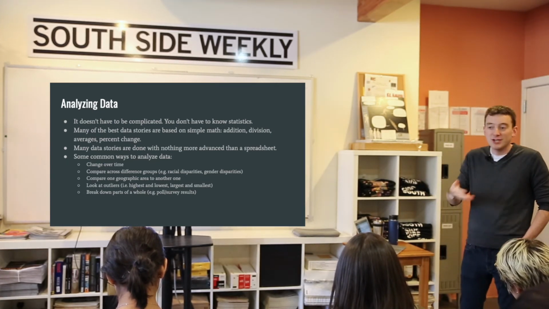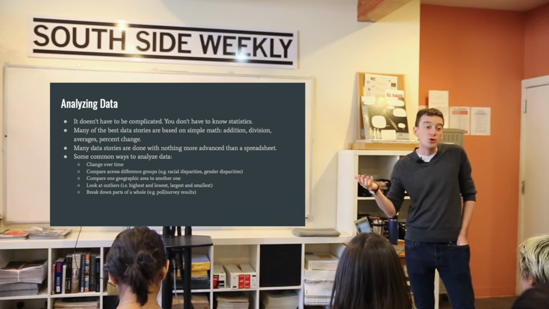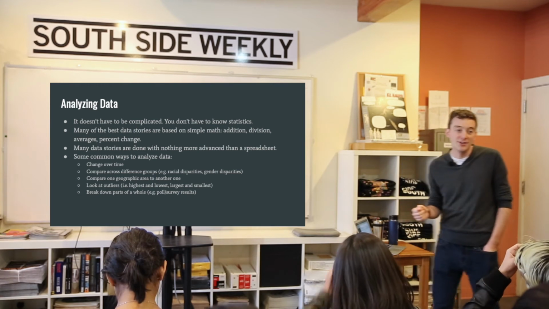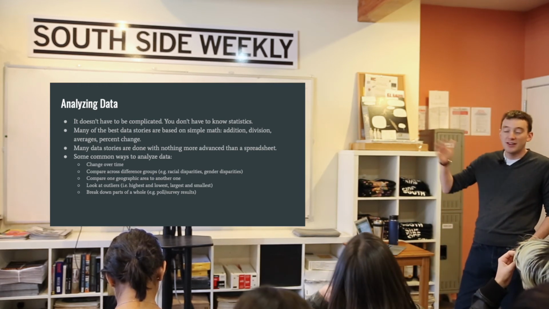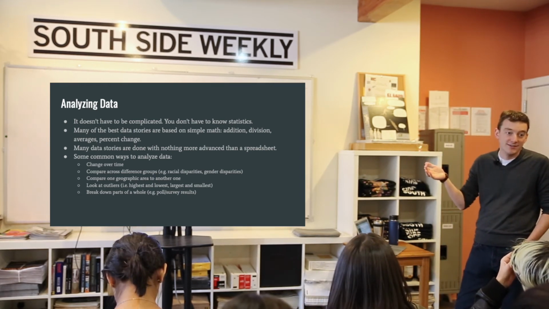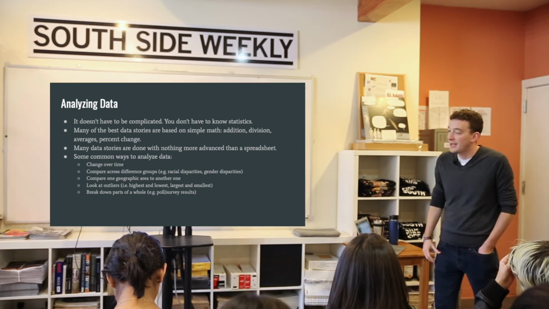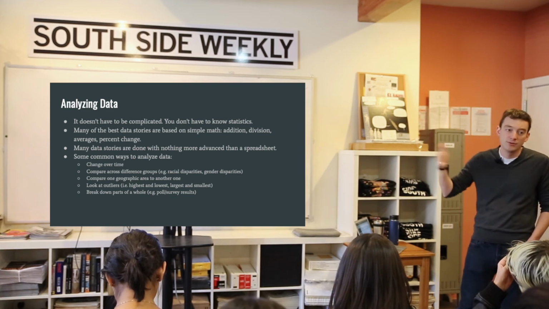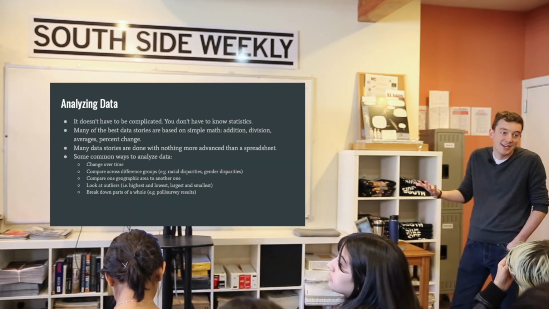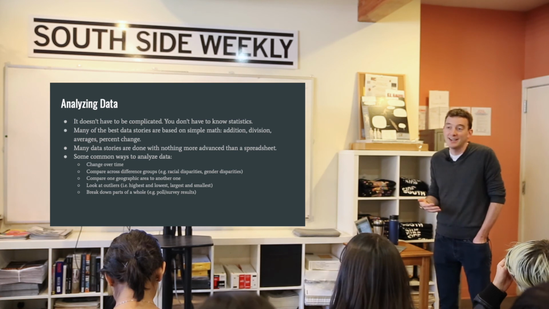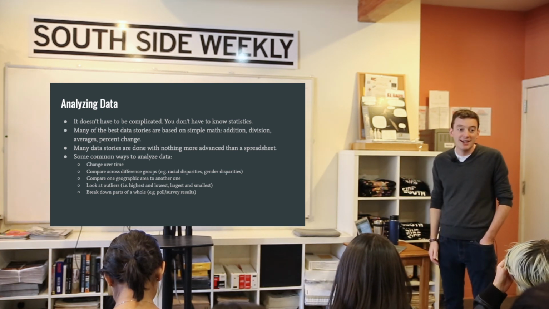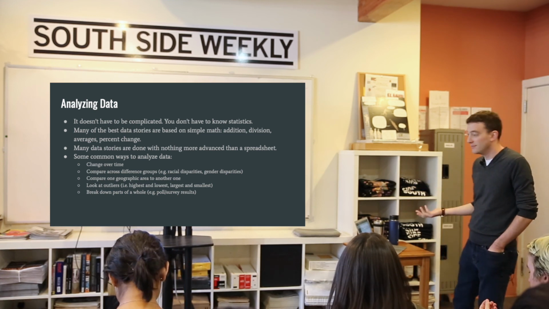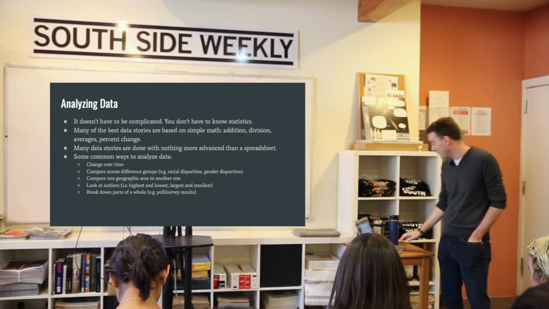But sometimes, like we talked about at the beginning, someone told you that CPS class sizes have gotten bigger over time, and you get the data and try to see, is this true or not? And if it is true, why, or what's happening? If it's not true, then maybe it's not a story, or maybe it still is, but you can say, hey, CPS teachers are complaining about class sizes, but actually 20 years ago they were worse. That's interesting. Again, no idea if that's true or not, but